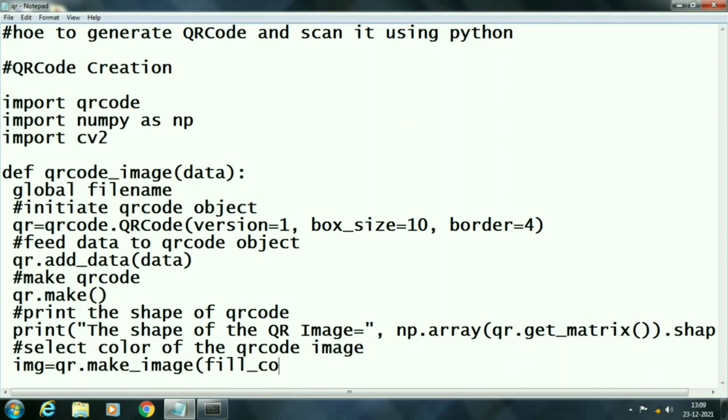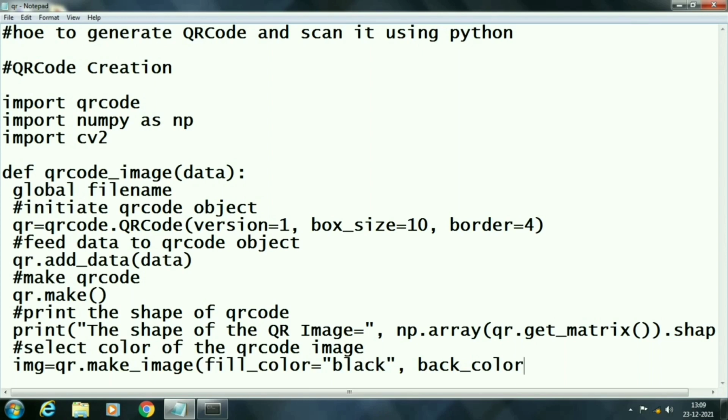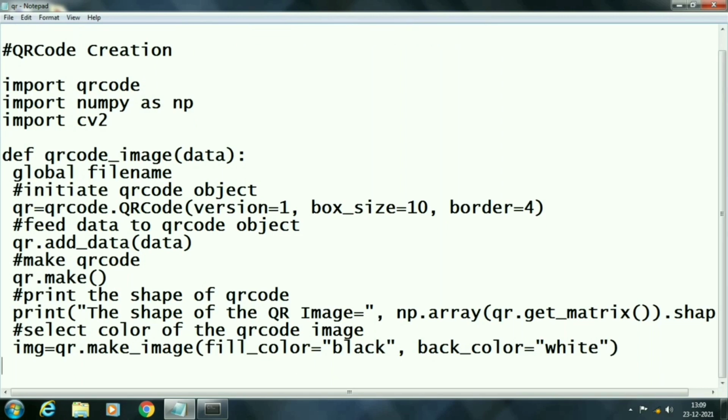Here first of all we will select fill color. Fill color means foreground color, that is black, and second is back color, that is the background color. Back color equal to white. In this way, we have created our QR code.